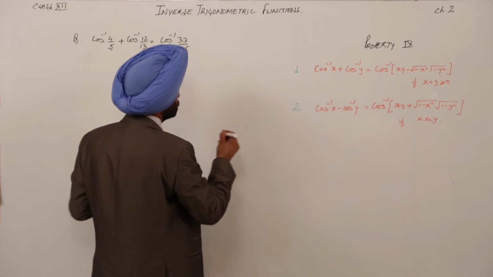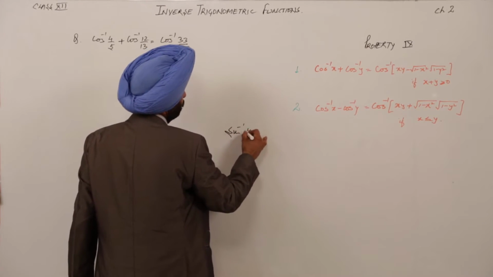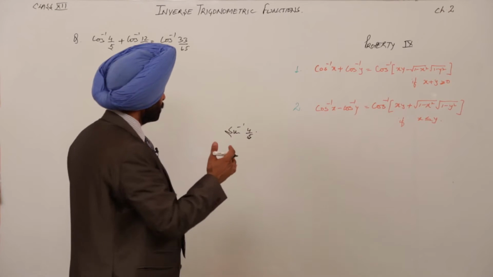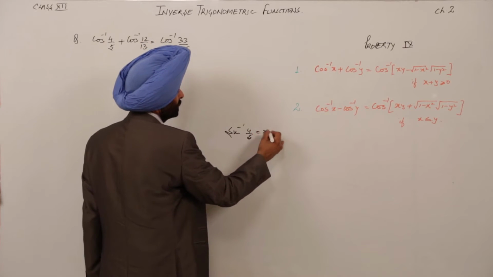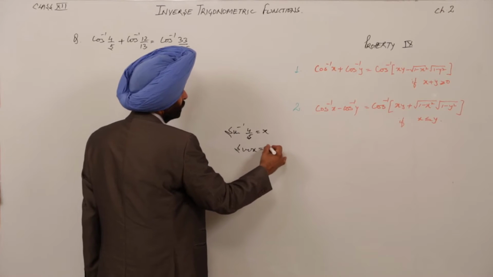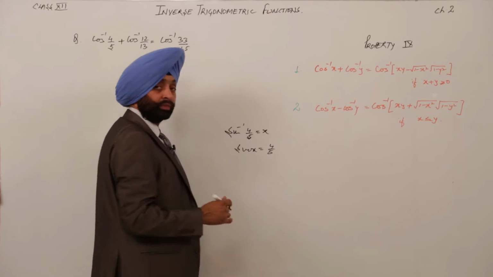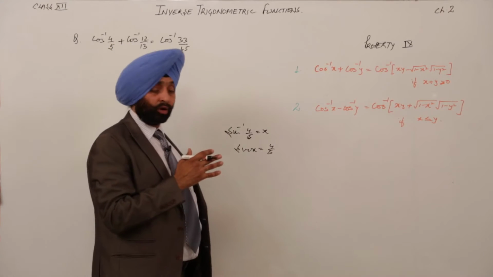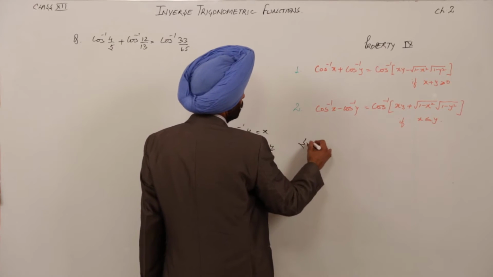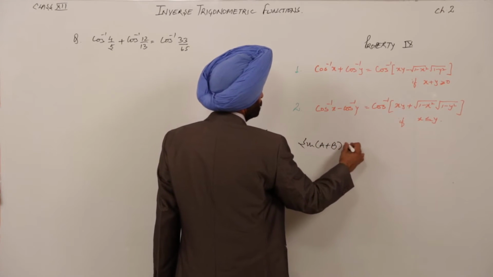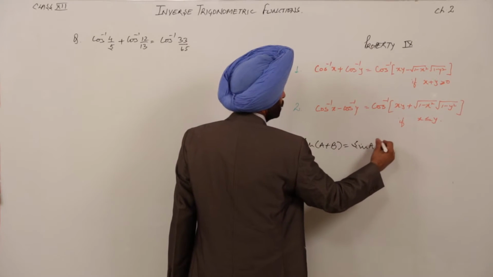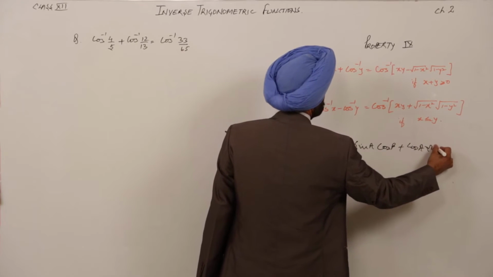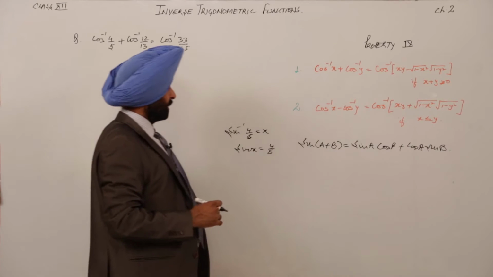it was given here, suppose we were having sine inverse 4 by 5. So, what did we do for that? First of all, we find its cos. Suppose this is equal to x, then we write sin x is equal to 4 by 5. Then we find cos x. Similarly we find sin y, cos y. Then we put this in a formula. The formula which we used was sin (a plus b) is equal to sin a cos b plus cos a sin b. So, this was the formula which we used yesterday in our property.